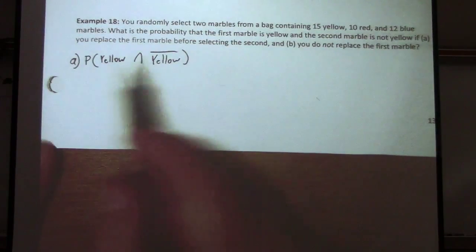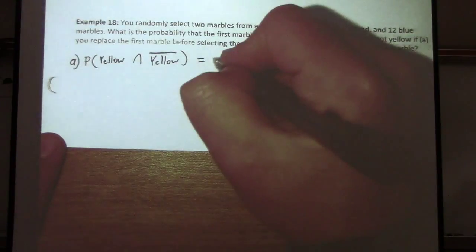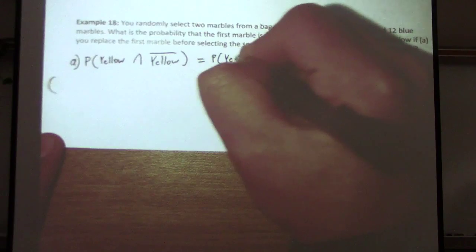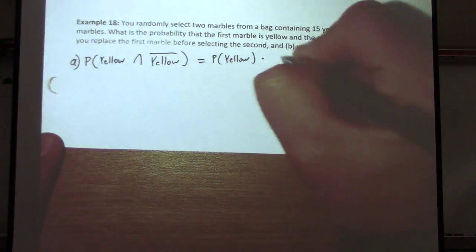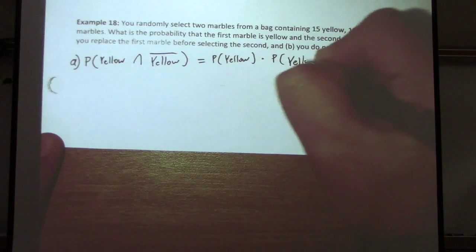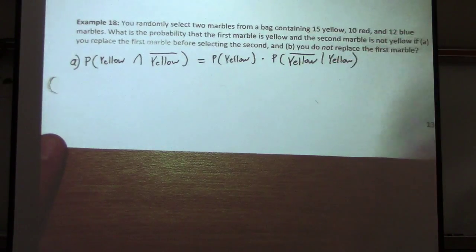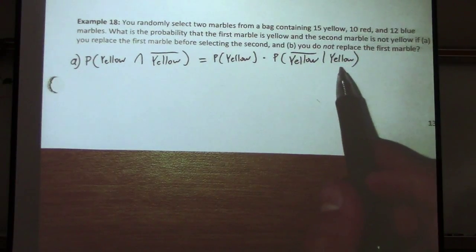All right, okay, so the general multiplication rule says this will just equal the probability of yellow times the probability of not yellow given a yellow has already been drawn. But in this example, if a yellow's already been drawn, but then you put it back